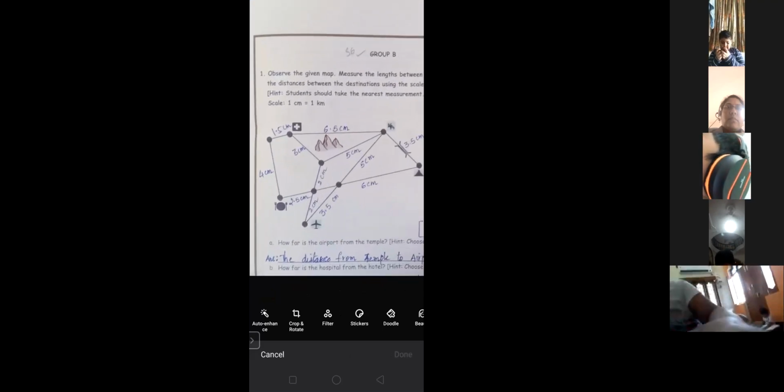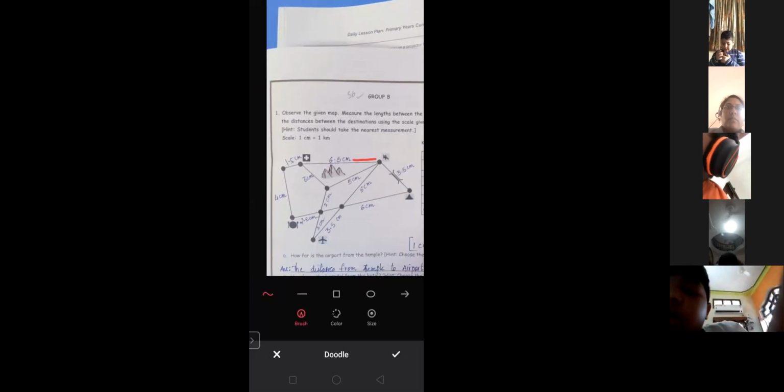Whereas if you reach in another way, suppose we went like this, if you take this path to reach from hotel to restaurant, what kind of length will you be getting? Here 6.5 plus 1.5 is how much? 8 centimeters. 0.5 plus 0.5 you will get 1 centimeter. 6 plus 1 is 7, 7 plus 1 is 8, 8 centimeters plus 4 more centimeters are there here.